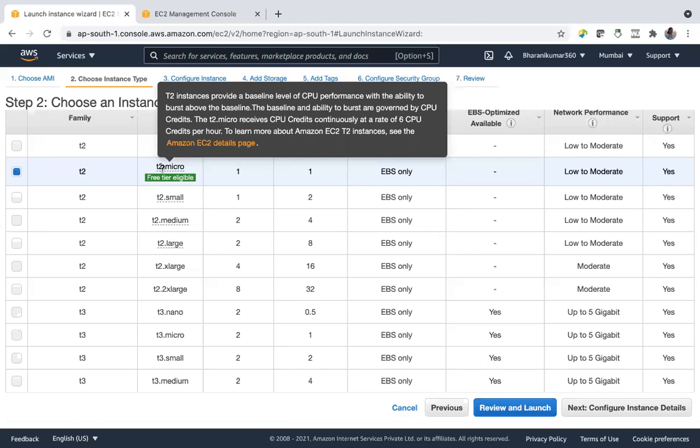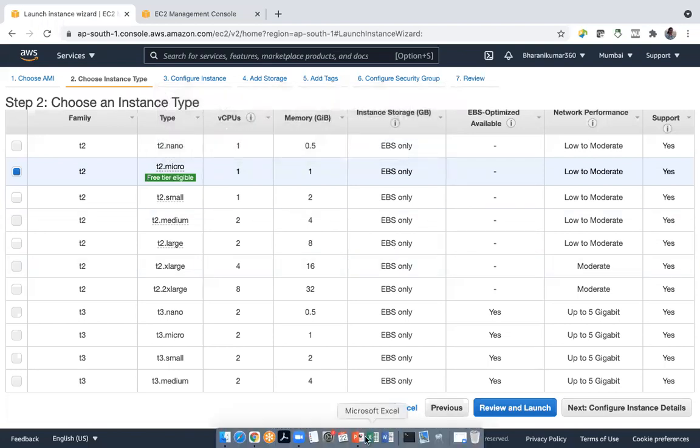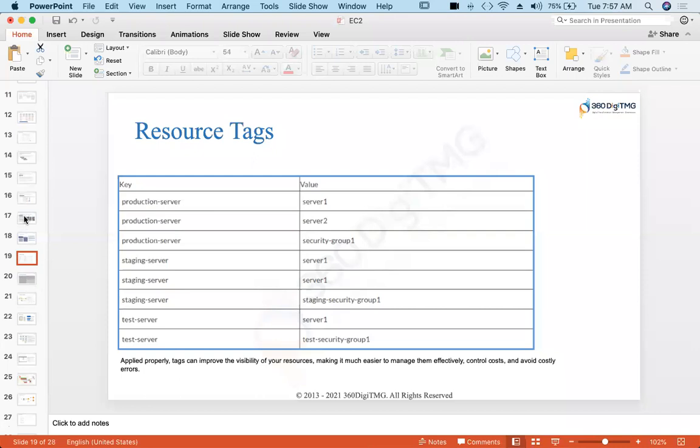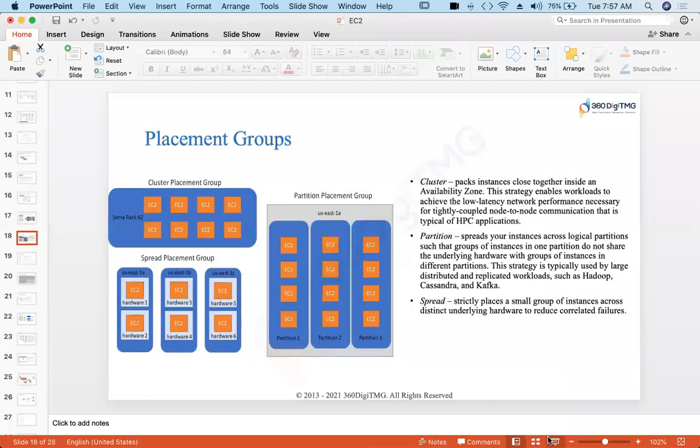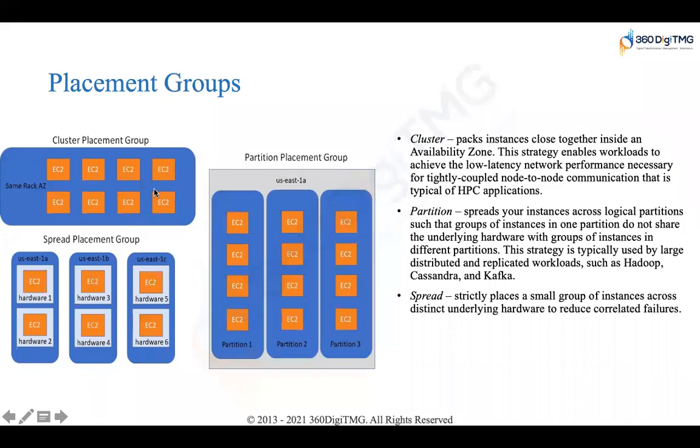Instance type has to be the same, but come up with a solution where you can increase speed. Then I know that, let me go back, when my instances are placed in the same rack, then suppose these 2 instances are my front end and these 3 instances are back end. These are application servers, these are database servers. Suppose if my application server is in 1A availability zone, database server is in 1B or 1C availability zone, obviously it will take some time for your application to reach database, all these things.